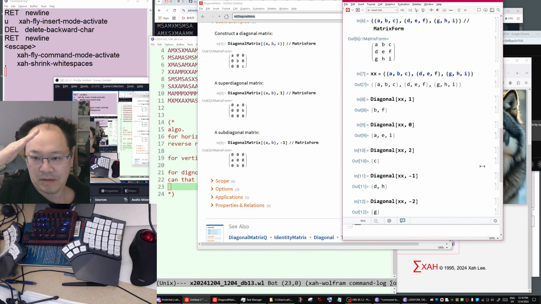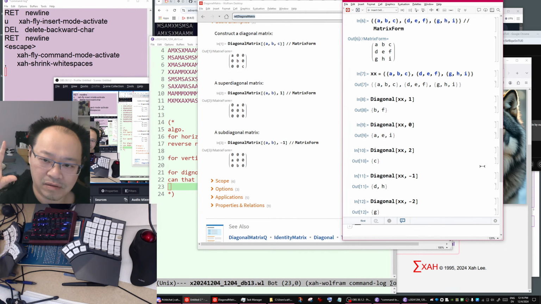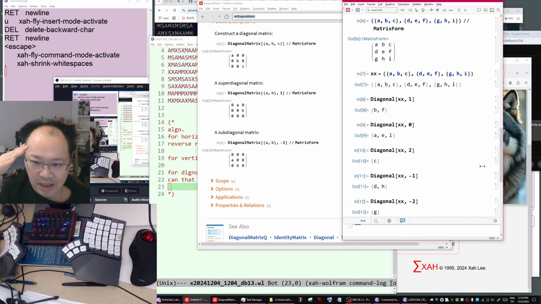Then you just transpose it, and you get the reverse diagonal. Okay, we're almost done. So we got the diagonal, which means top left to bottom right. Once you get it, you check it, then you reverse each row, and you get lower right to top left.